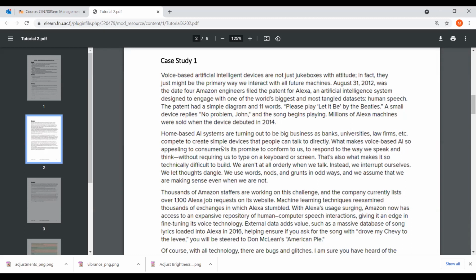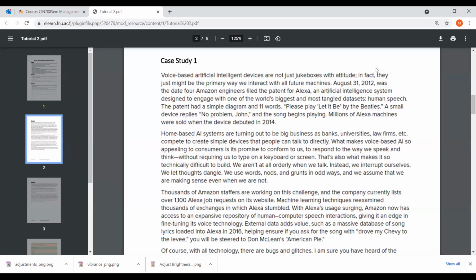These kinds of systems are called artificial intelligence systems. Artificial intelligence: you have intelligence, which is generally related to humans. Intelligence means the ability to think; somebody is smart, intelligent. Artificial intelligence is trying to simulate or replicate human intelligence in machines. And we have an example here, Alexa. It turned out to be a big thing until that laughter came in, but people were still using it. Eventually it faded away because the Google Home System took over most of its market share.